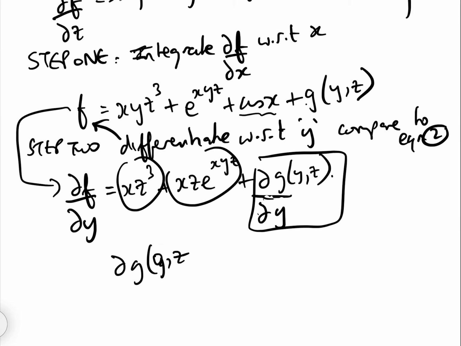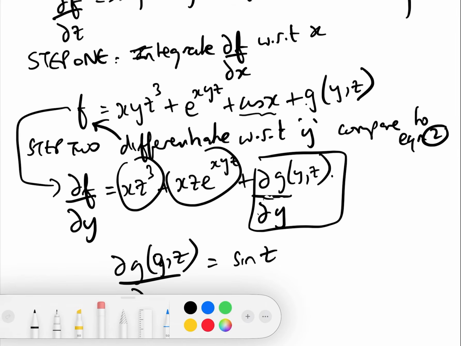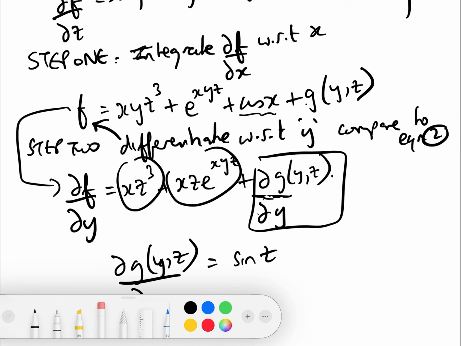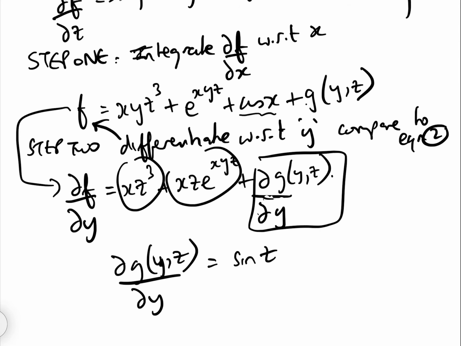So dg of y and z dy equals sine z. And again, I better just make sure that I've got that right. That is a y there, because it is important, so that's a y. So dg of y and z dy is equal to sine z. And so therefore, when we integrate this, we get that g of y and z equals, when integrating it now